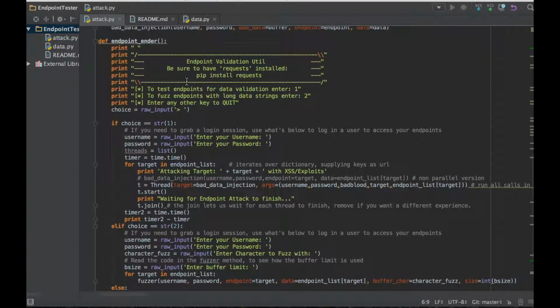basically a little menu-driven script. And the idea behind it is that you have an application in a test environment. And I put out this little menu option, and I say, for option 1, we're going to do data validation, which is going to be XSS, SQL injection, URL encoded and mixed encoding attacks. And then option 2 is going to be to fuzz endpoints, which is going to be like a typical buffer overflow fuzzer. So I'll step through it real quick,